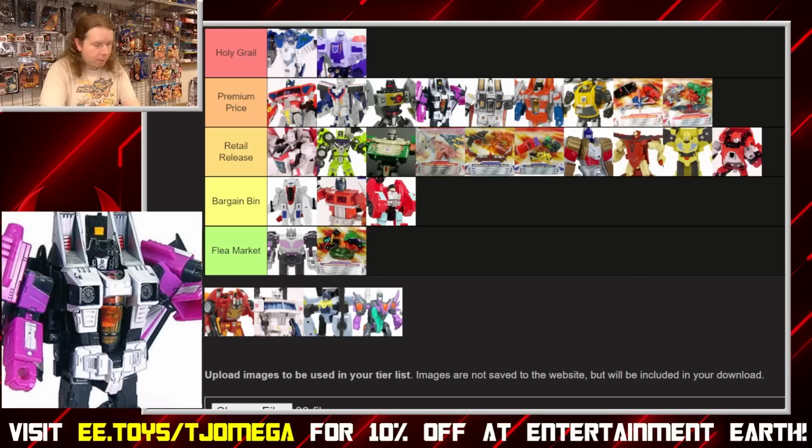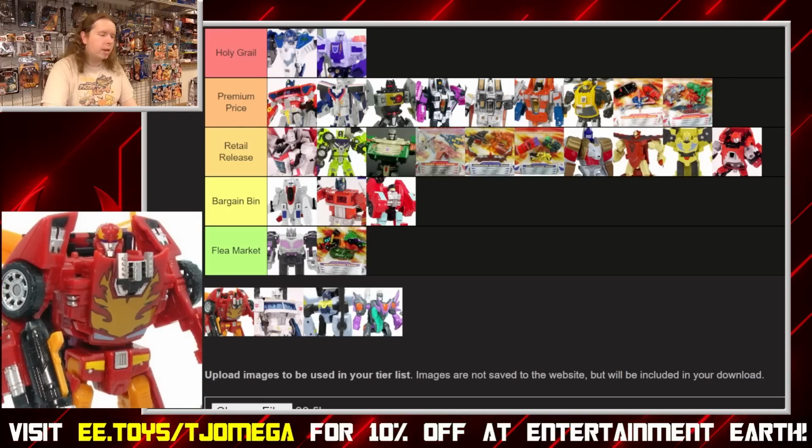Now we can go back to Rodimus. I have previously talked about Rodimus as one of the most middle-of-the-road Transformers there ever was. His gimmick is just a launching missile. Typical. His articulation level is kind of typical. He has some back kibble and some decent parts. He's got a few little flip-out gimmick accessories. He is very standard as a Transformer. In the context of the Classics line,